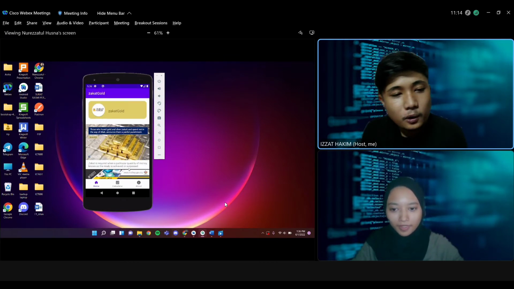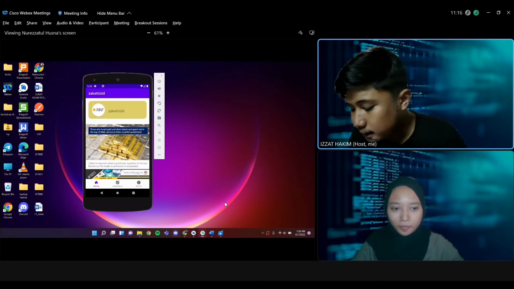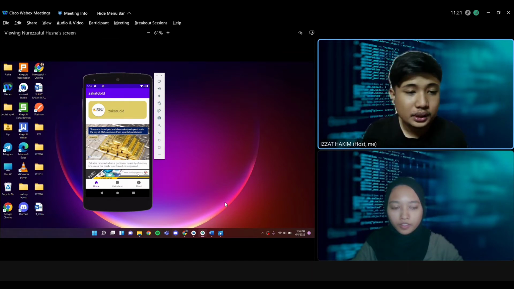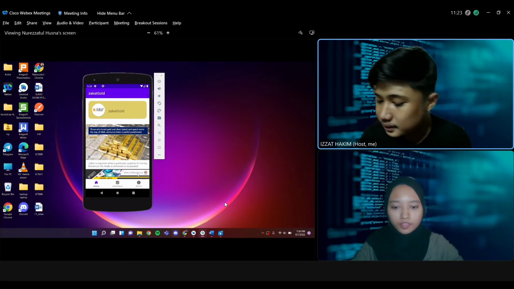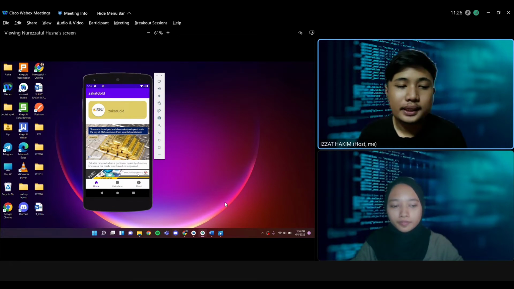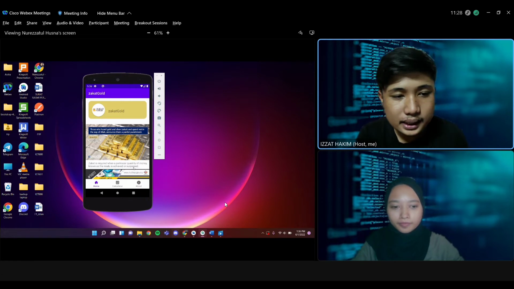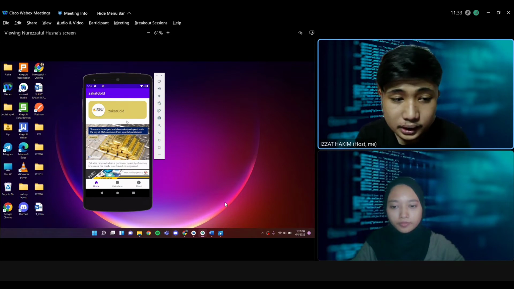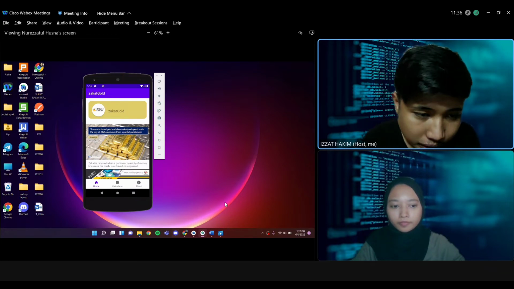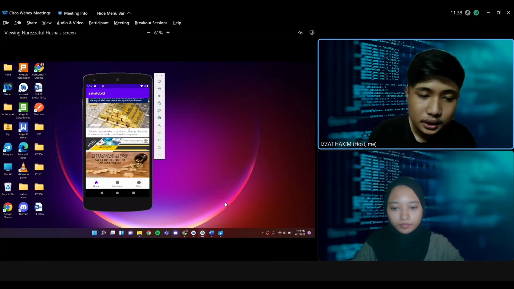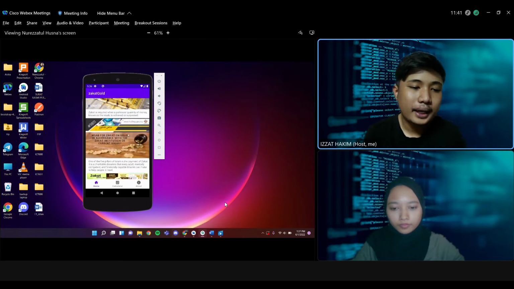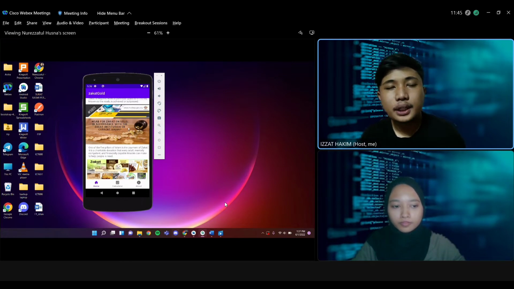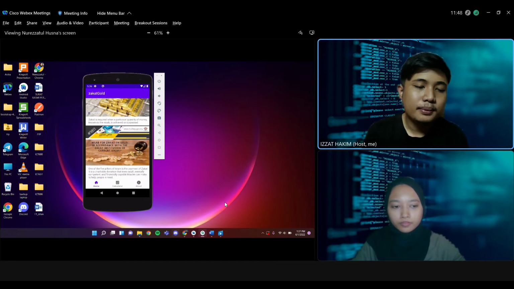So first thing, when you open our app, you can see our theme, which is soft gold, because we want to use minimalism. You can see the Zakat Gold name, and next you can see the icon. When you scroll down, you can see some information that we provide for our user. We target our app to be used by the elderly.